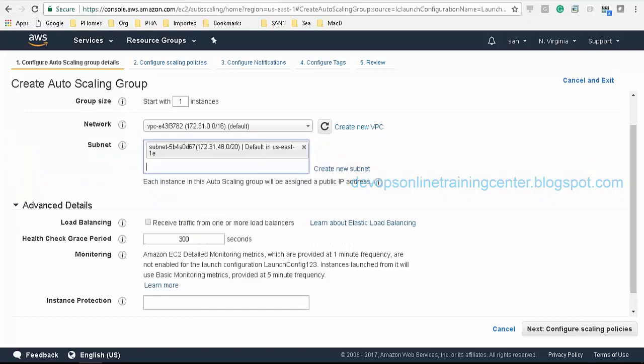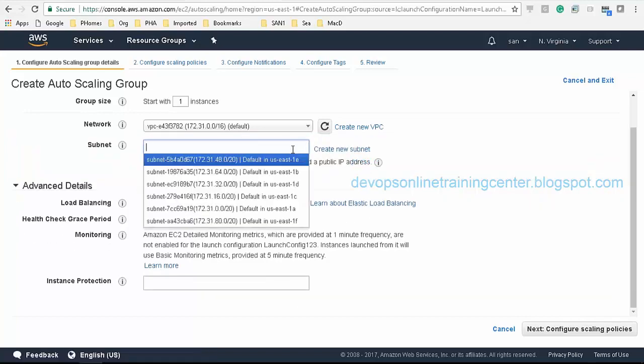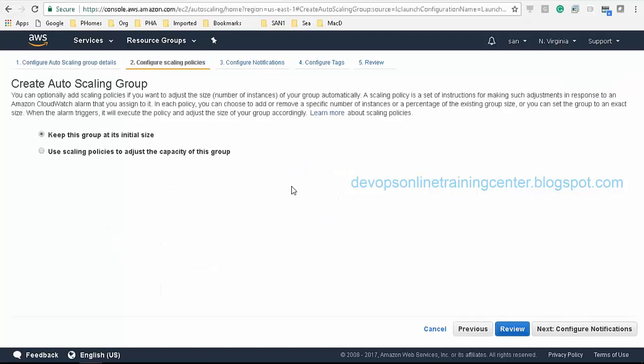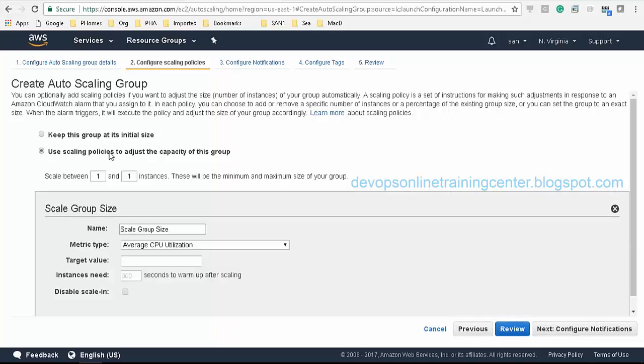I'll select some subnet. I think we are using 1C, right? Okay, 1C. Okay, keep this group at the initial size, or we'll use scaling policies to adjust the capacity of this group. Okay, so this is the minimum, this is the maximum. How do you want to scale from 1 to, let us say, 4?